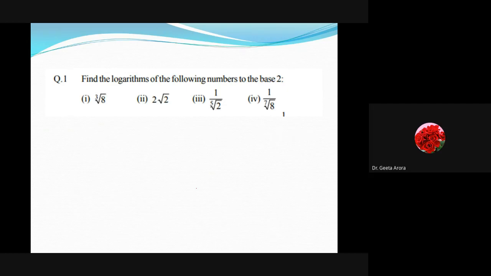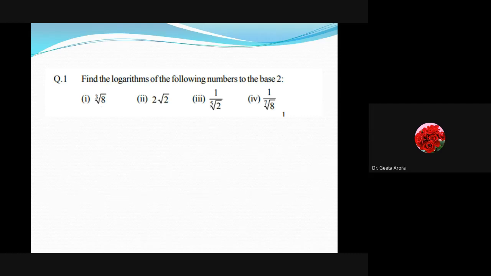We have been provided with the base 2. We are looking for the logarithms of the following numbers. It means we are looking for how to write it down so that we will get the value x. I will start with the first one, and then you have to start with the others, and I have to see how many of you are active. Correct? So let me start with the first one, how to calculate it.